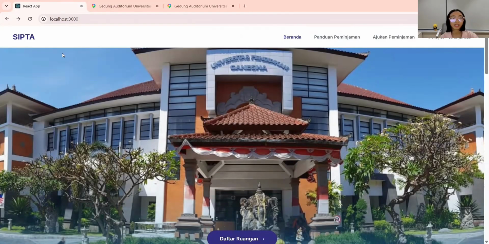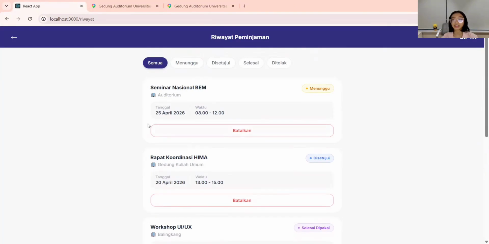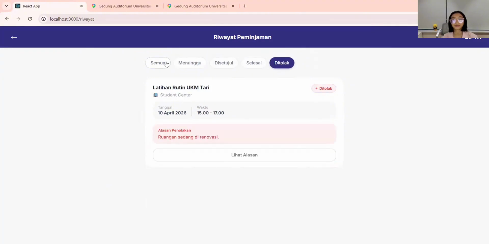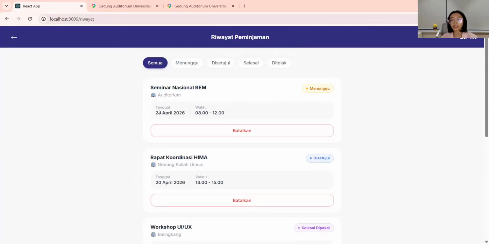Okay, at first we see there are the navigation buttons. And the last page is the history booking or riwayat peminjaman. At the top, there is a bar to sort the booking by status like all, pending, approved, complete, and rejected. Each booking card shows the event name, the room, the date, and the time, and also